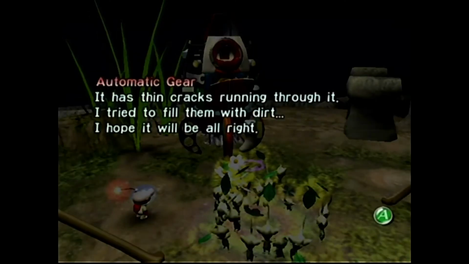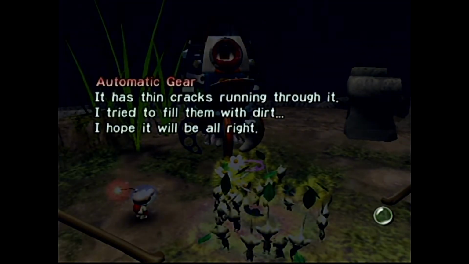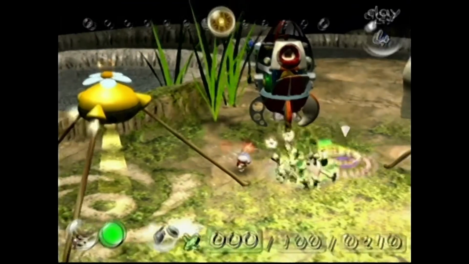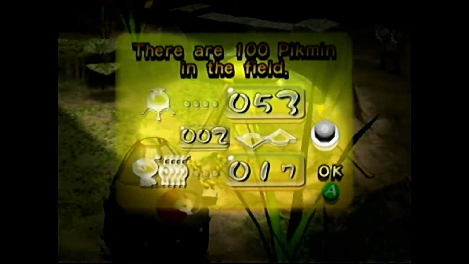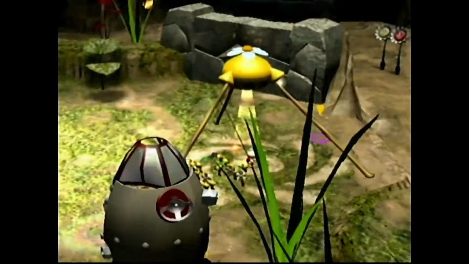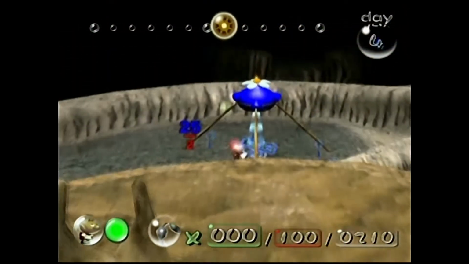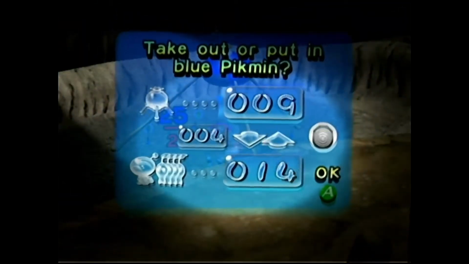Which is a problem. It has thin cracks running through it. I tried to fill them with dirt. I hope it will be alright. Yeah, I don't think so, Olimar. I don't think dirt really does you any good in that sort of situation. Yeah, well. Do with what you can, I guess. I mean, you're stranded on a planet with a bunch of carrot creatures, so...